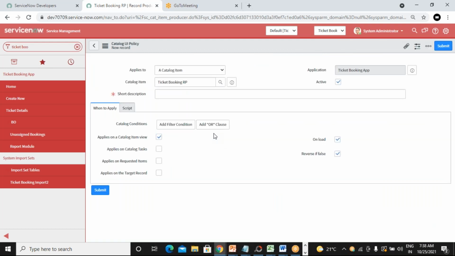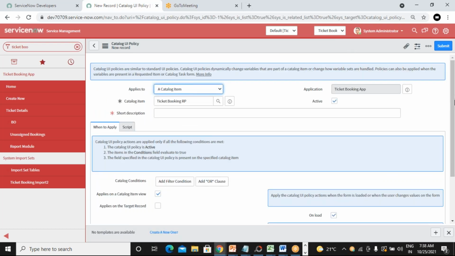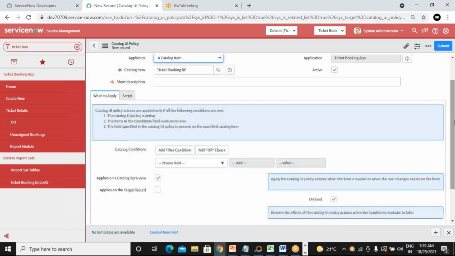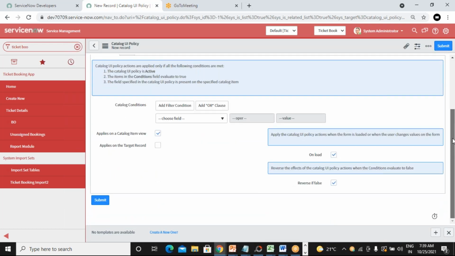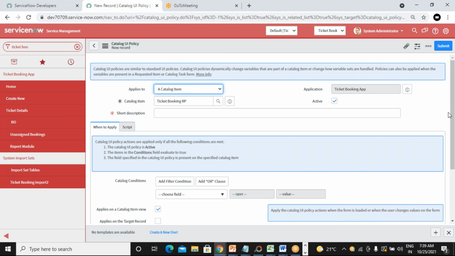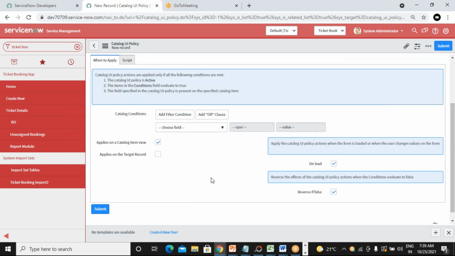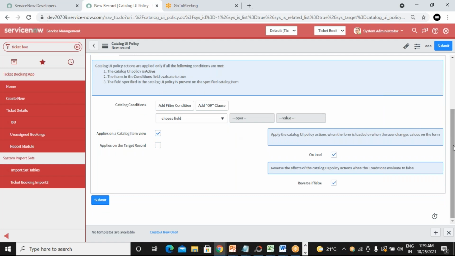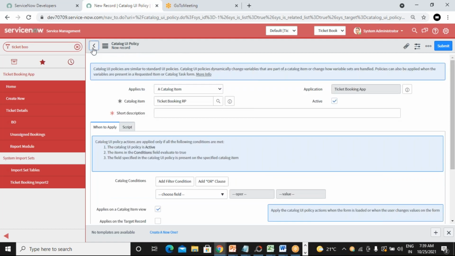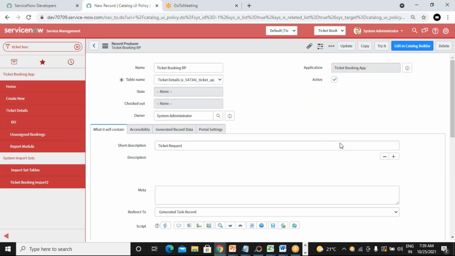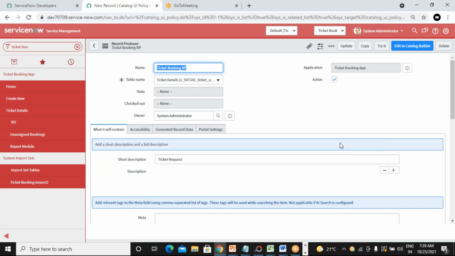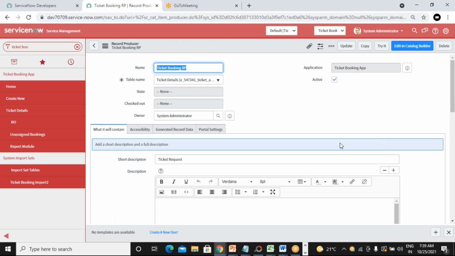Here I want to give you one more heads up. When you are creating a UI policy, it is the same as usual. You can say applies to this and all. In the same way, you select onload and add the action you want to perform after submitting this UI policy. As a best practice, it will ask you where this UI policy has to apply: on request, on items, on task. So you have to select three checkboxes.